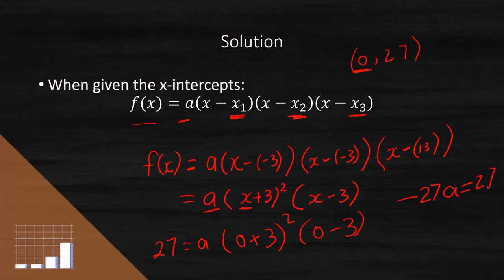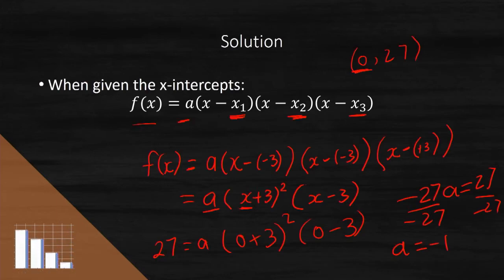Now swap the equation around, and that's perfectly okay. We divide both sides by negative 27. And so we've shown that a is equal to negative 1. Okay, so that's great. Now that we've got the value of a, though, how do we get the values for